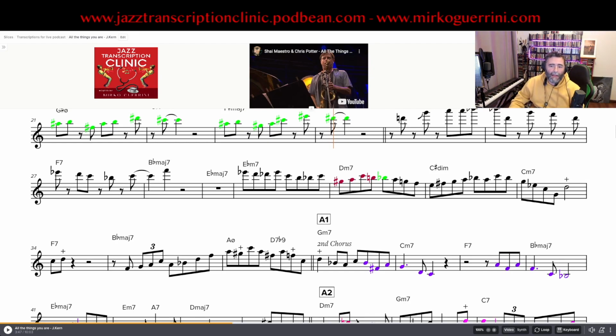Etc., etc. So I highlighted the enclosure in red or burgundy, and then in bright green you have the target note that here is actually going towards the C sharp diminished chord, so it's playing